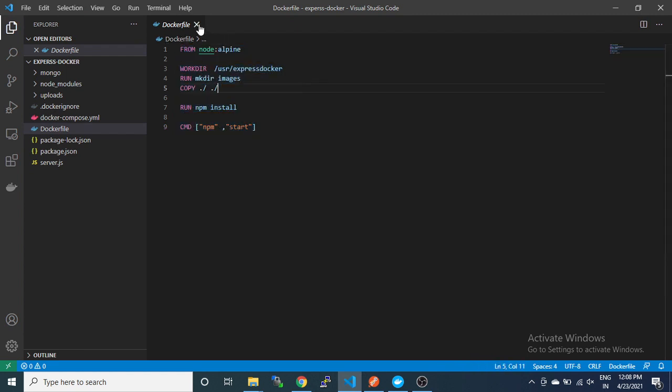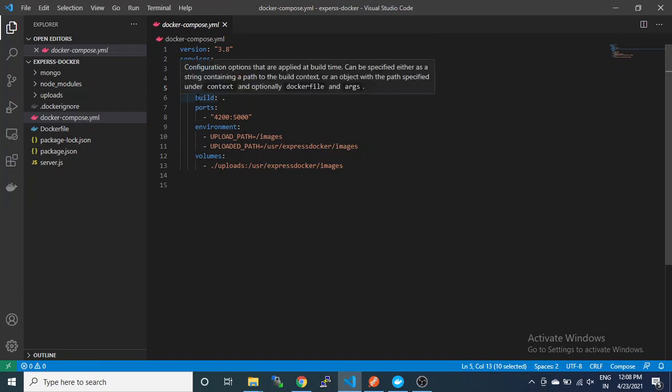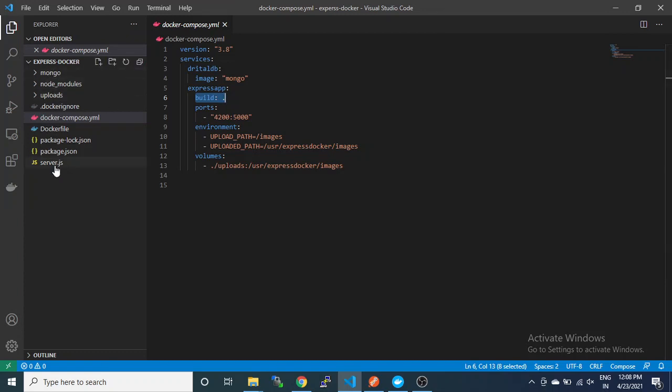The main work is here in the Docker Compose. We have created a database, mongo, and we have created another service, the Express app, which will take the build from the root. Then we have defined the ports.